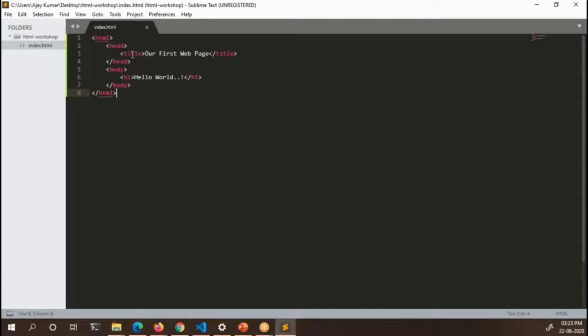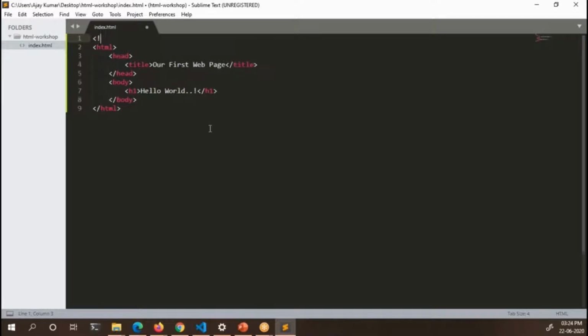I want to show you one another thing: if you write any HTML page like this, it will be treated as an HTML4 version of syntax. If you want to make your HTML pages adhere to the latest standard, it might be HTML5 or above, you have to place a doc type as the first line. So are you guys seeing it?